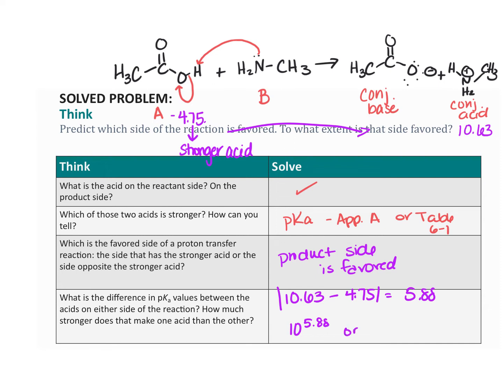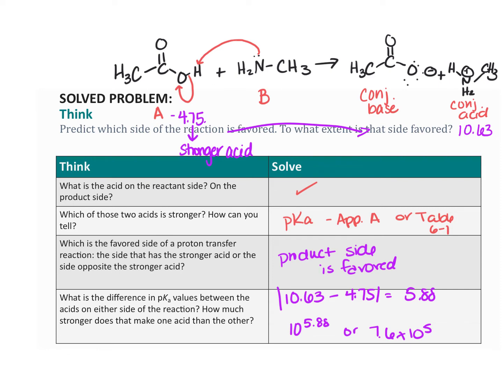Or if we wanted to solve that out, it would be 7.6 times 10 to the fifth. So that's how much the reactant side is favored, which is a very, very large amount. So this is how we can use pKa's to predict which way the reaction is favored,